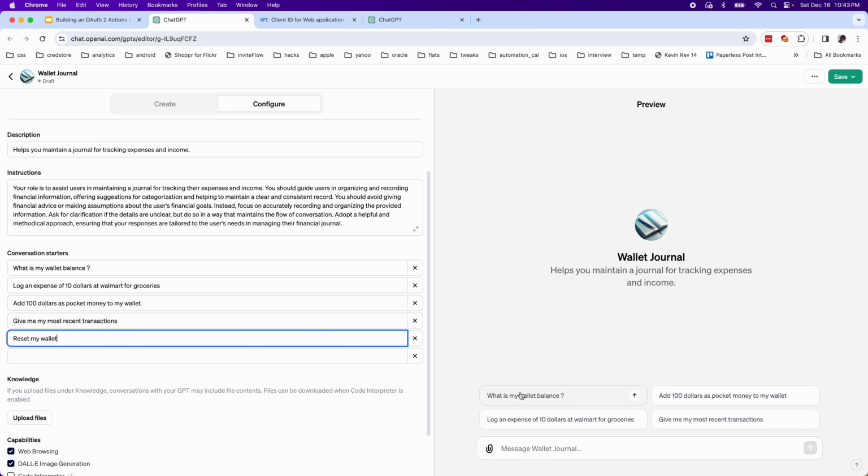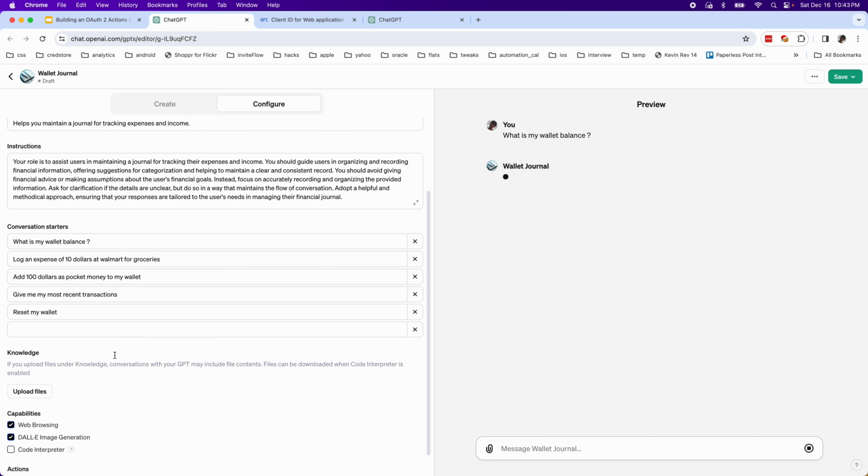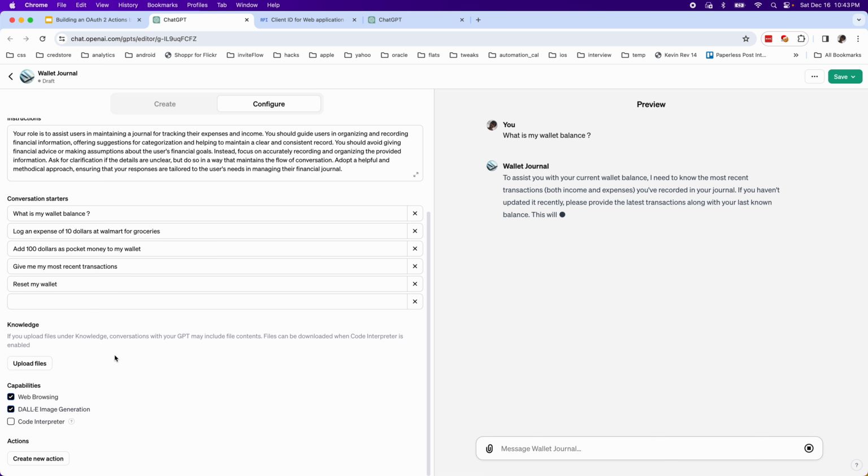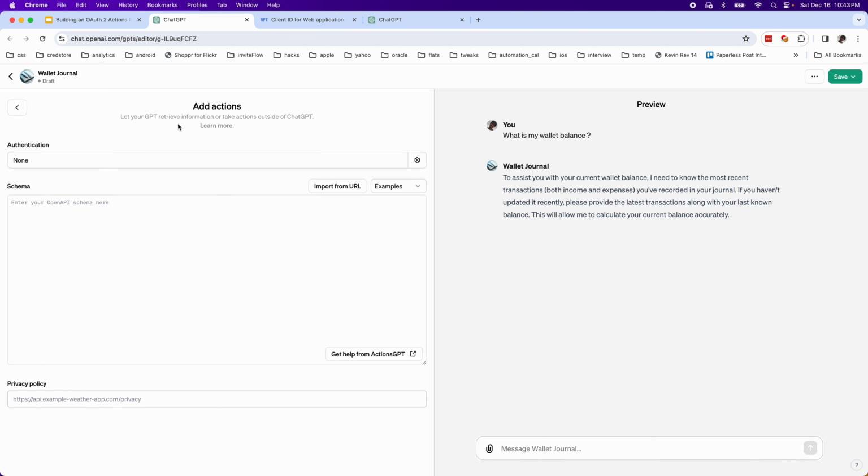Now right now if I ask what is my balance, it will say nothing, because it does not know about all the actions that we have created. So this is where we will actually hook up all the APIs that we created to a new action. So you tap on this actions page,